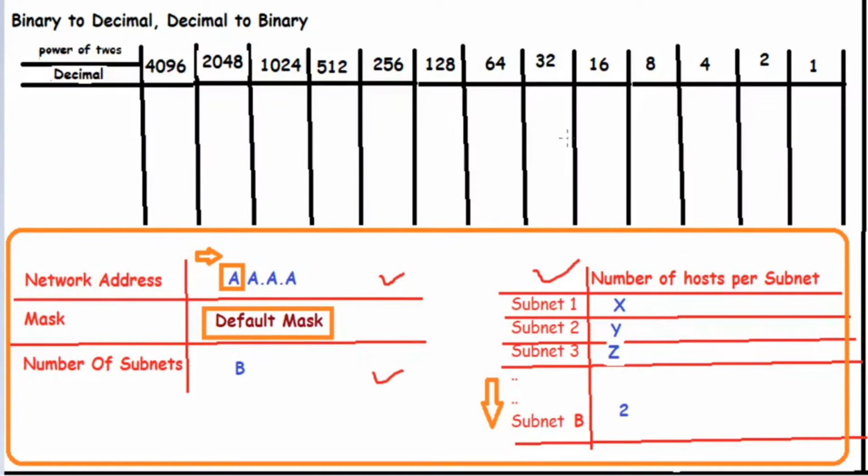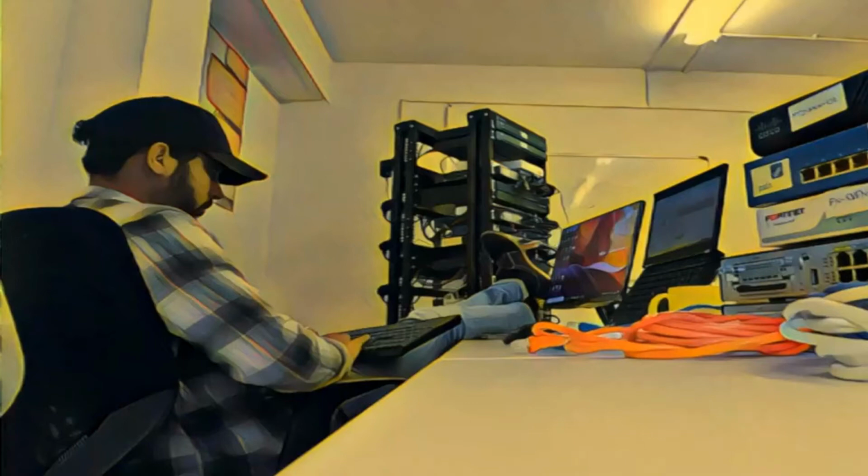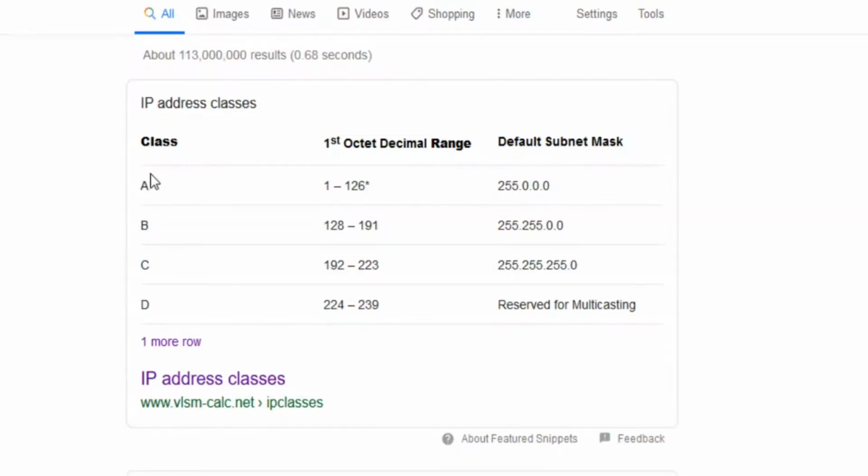Now if you don't know what I mean by classes or the default mask, just bear with me, I will clarify in a minute. Let's take the address of, let's say, 113.0.0.0 to practice on. It is unlikely that you will get such an address, but let's just use it for the sake of learning. So, what class is this address? To find out, we can look at what range 113 addresses falls into, and that would be class A. Therefore, the mask is /8,